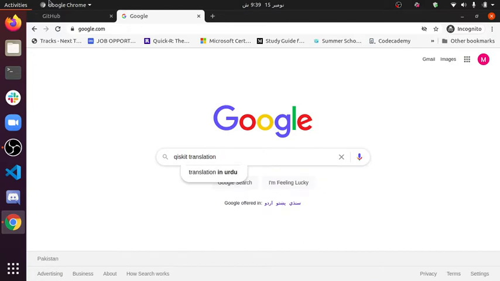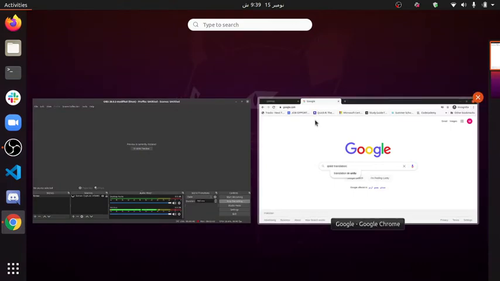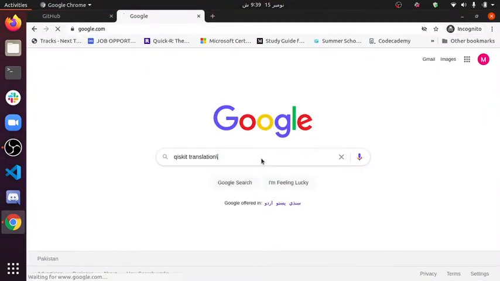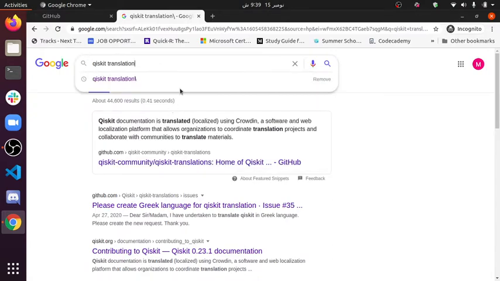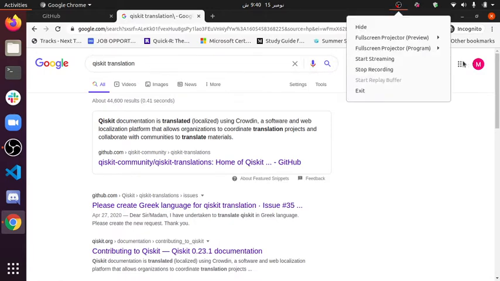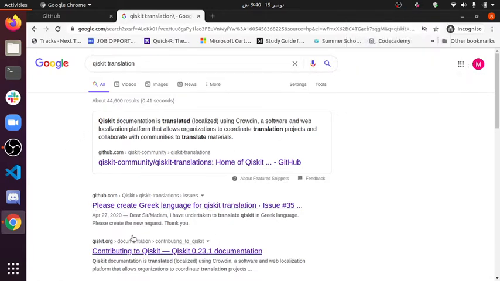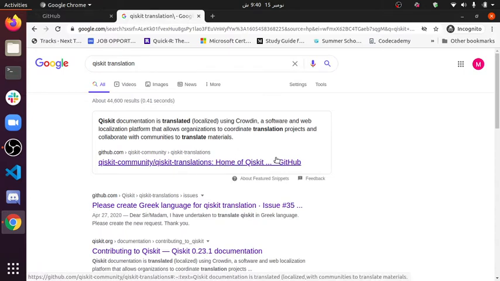When you search Qiskit translation and press enter, it will take you to this page where you will see some recommendations. I'm really sorry about my PC, it's causing some issues.